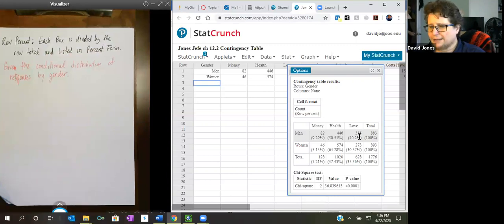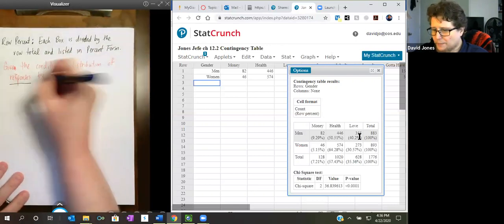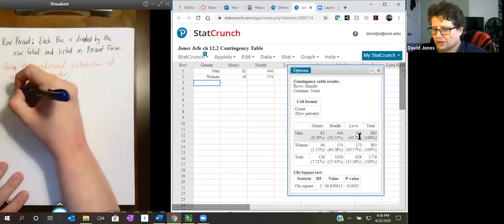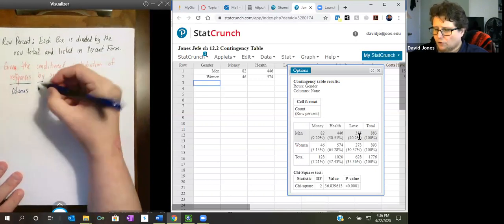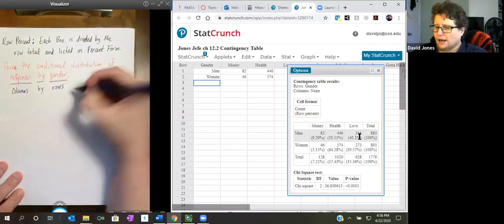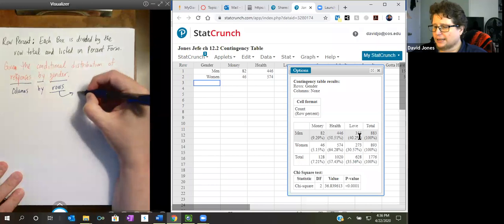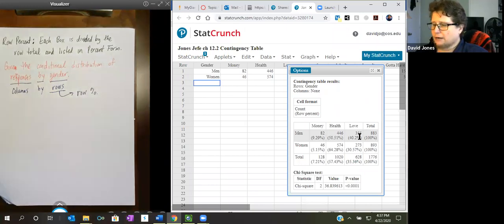So the way you read this, the easiest way to remember it, is that it will be in this format: this by this. It's columns, or wherever this is, by rows. This tells me to do whatever's in the last one, do row percent. If I change it the other way around,